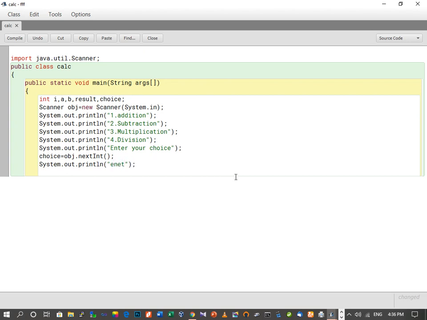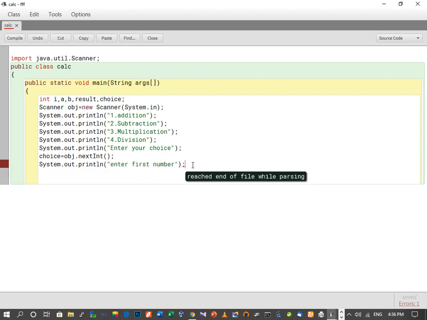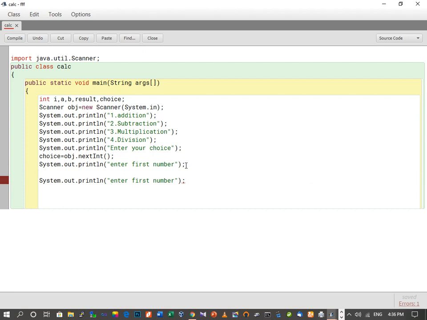So here we can write, enter first number. This we can copy, and whatever the user enters, we will accept it in a variable a. Here we can see that we have taken two variables a and b, so this is to accept the value.